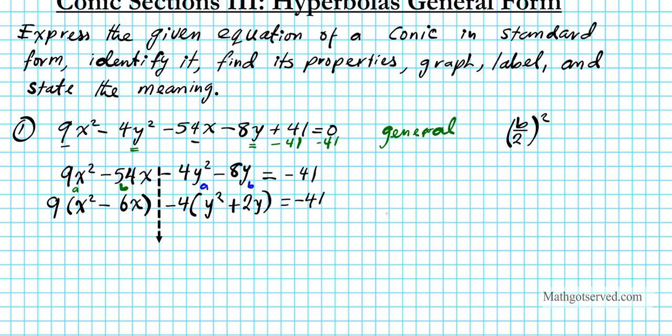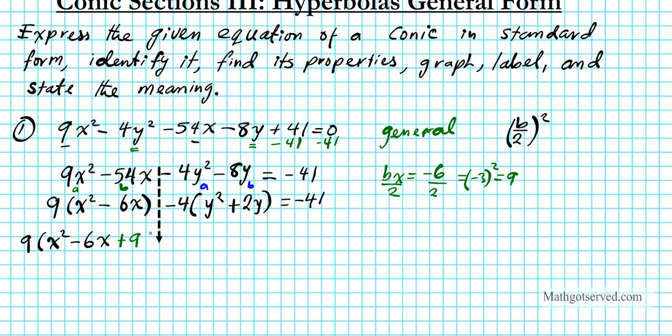Now let's start with the x world. B of the x world is negative 6. So what do we do with that? We divide it by 2, and we square it. Negative 3 squared equals 9. So 9 will create a perfect square trinomial in the x world. So let's go ahead and insert that. We're going to have 9 times x squared minus 6x, and we're going to insert that 9 plus 9,